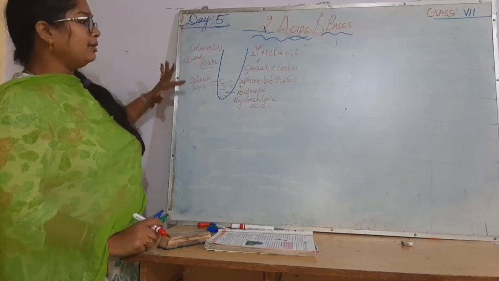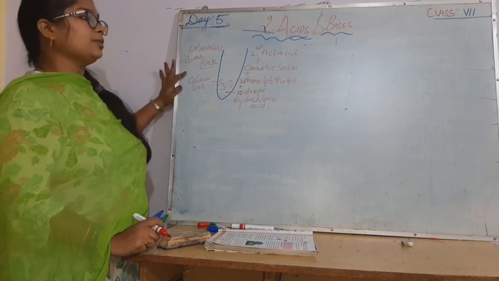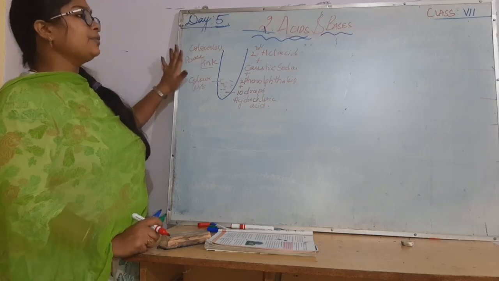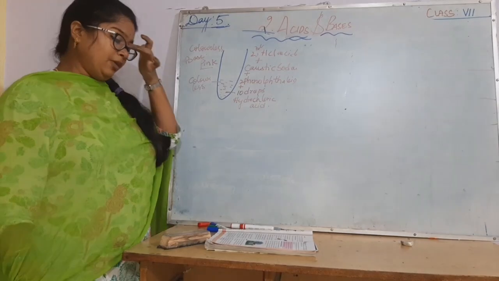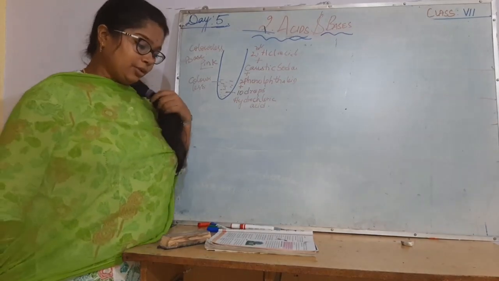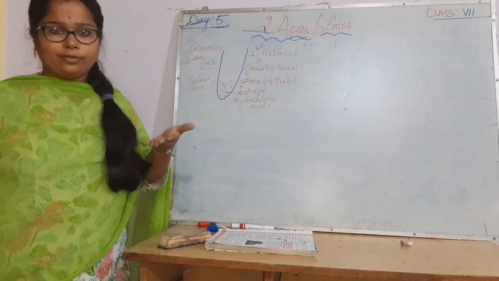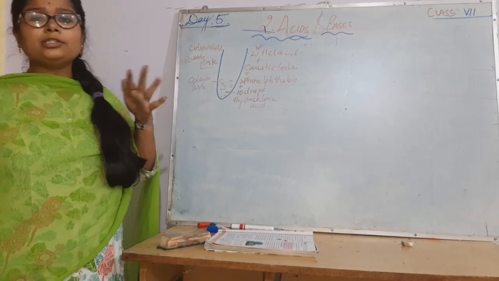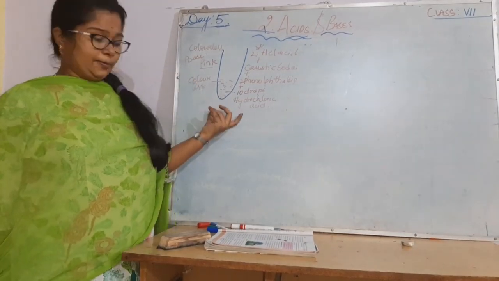You need to add the same amount of acid and base. If you add 2 drops of acid, 2 drops of base, 2 drops of acid, 2 drops of base, at last the nature of acid or base is going to be nullified. If you are given caustic soda solution, you will add hydrochloric acid solution and make it neither base nor acid. It becomes what? A neutral solution now.